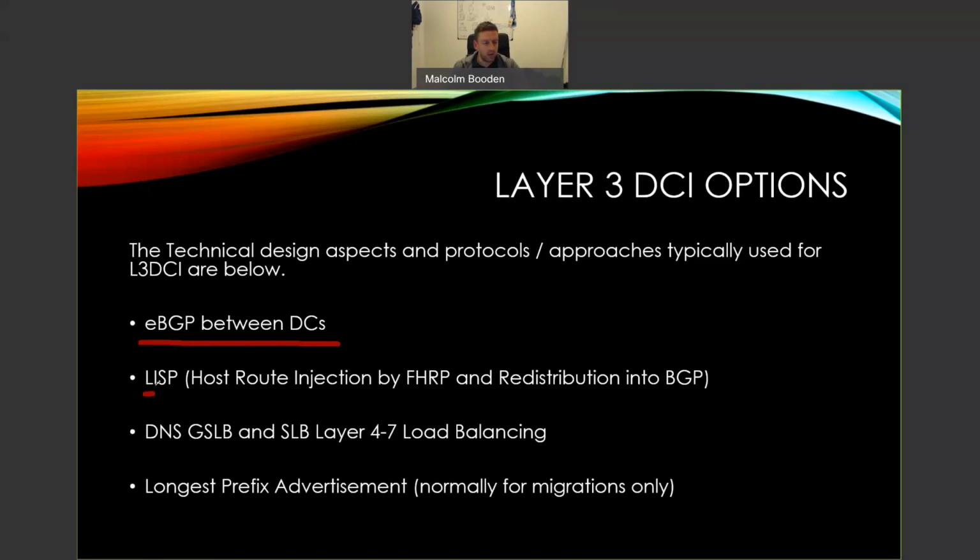Why LISP? This is quite a hot topic in some other areas of networking, for example Cisco's software-defined access. LISP has been around for a few years, and it was typically used in conjunction with technologies like OTV. The thought process behind LISP is that, let's say we have one subnet between two data centers, so we need a layer 2 data center interconnect, and the subnet is 10.10.10.0/24. If that's hosted and advertised as a /24 out of data center 1 and data center 2,